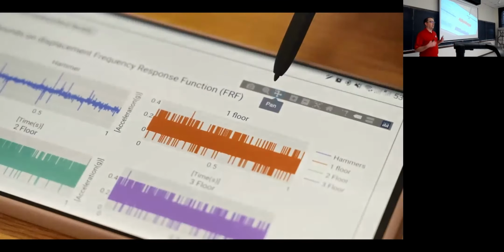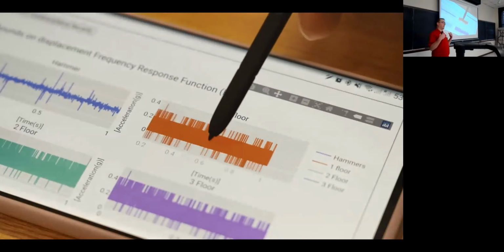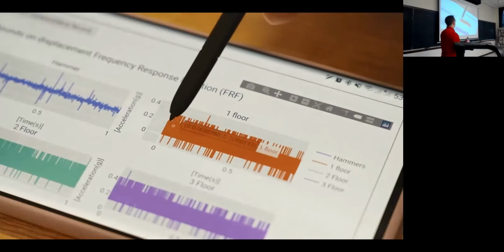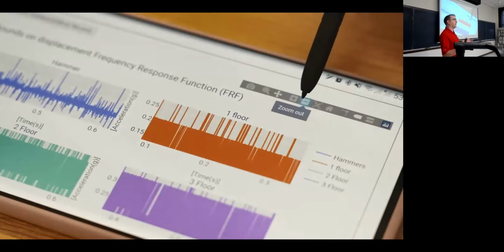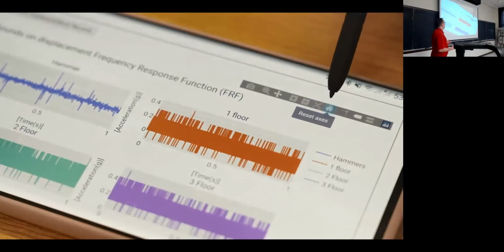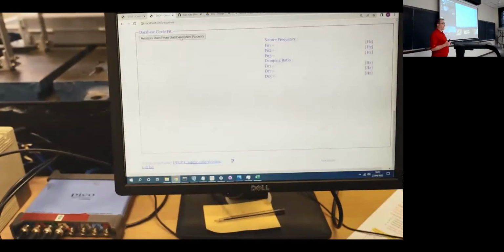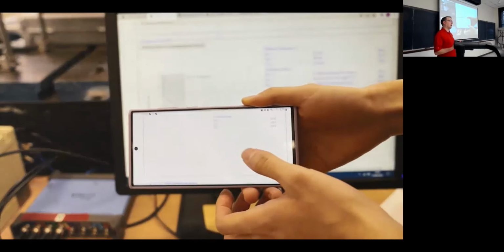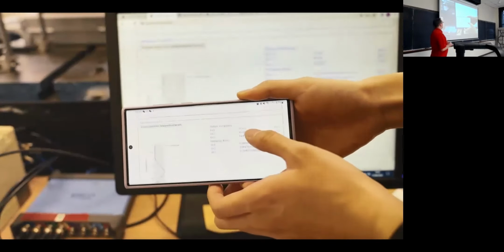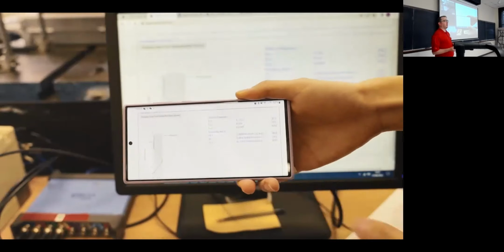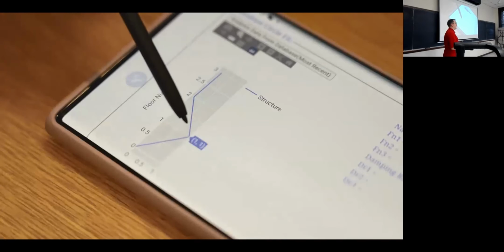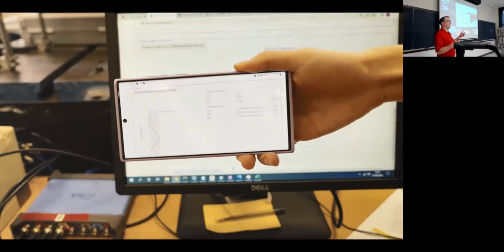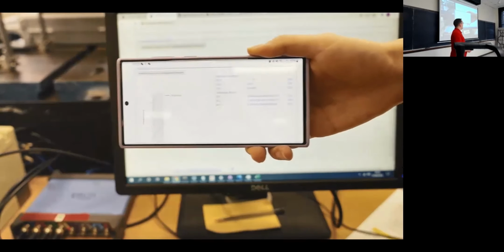And because we're using a browser, we're using JavaScript, that makes the plots dynamic. So we can pan, we can zoom, we can adjust whatever axes we want to do, and we can actually manipulate the data that way. In addition to just visualizing the data, we can also perform analysis with the data. So what we're doing here is a simple, what's called, circle fitting routine. So we're getting some dynamic characteristics out of the system. And we're able to take that data, do the analysis, and report that back to the user.